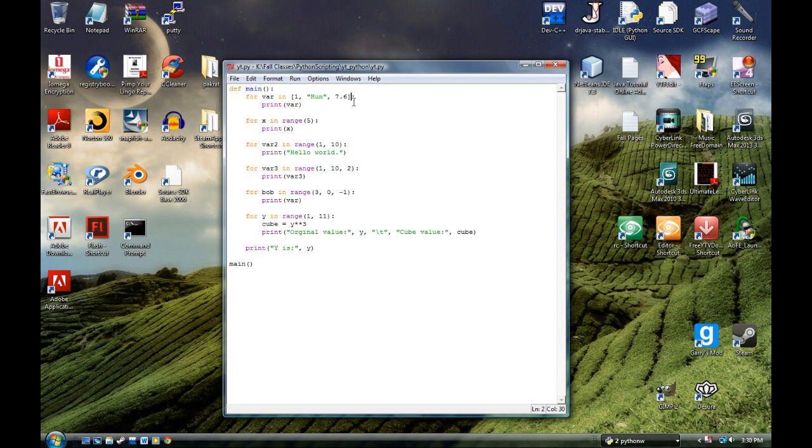It just holds values. As you can see, you see the integer 1, you can see the string hun, you can see the float 7.6. So a list can hold different values. I'll describe more about the list later on, so don't worry about that. So this is the syntax. The syntax for the for loop is for variable in explicit list, or using the function named range,